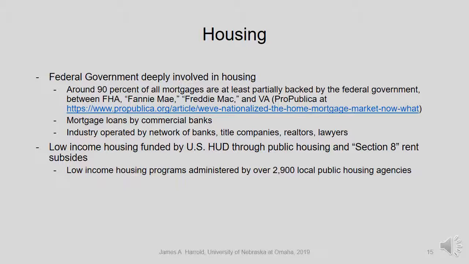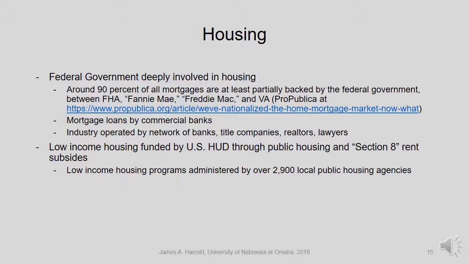And others would say, well, the problem with that is that a lot of people wouldn't be able to get mortgage loans because the banks simply wouldn't lend to them for a variety of reasons, some of which are illegal and discriminatory. So that's one side of housing. The other side of housing is what we call low-income housing, right? That's all through the U.S. Housing and Urban Development Department. We know about public housing and the transition to what we call Section 8 or rent subsidies. Most of that is strictly funded by HUD.